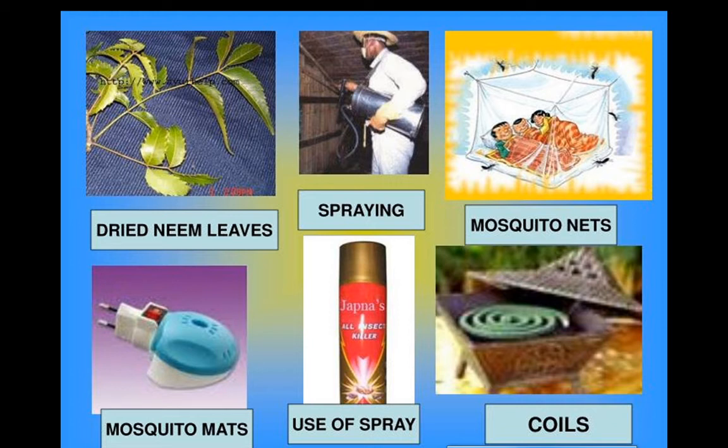Then avoid storing water in containers for more than 3 to 4 days, as I have already told you, because of the warm and moist conditions. Make sure that the containers are exposed to sunlight for a minimum of 15 minutes every day, as the sun rays have the power to kill microbes and other disease-causing pathogens. So these are some methods by which we can prevent the growth of mosquitoes.